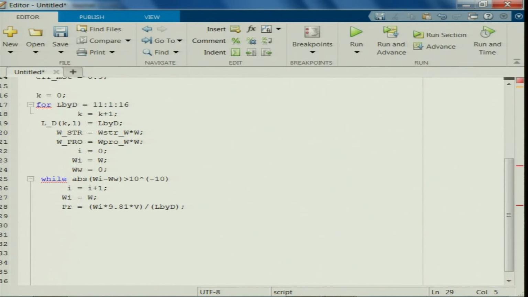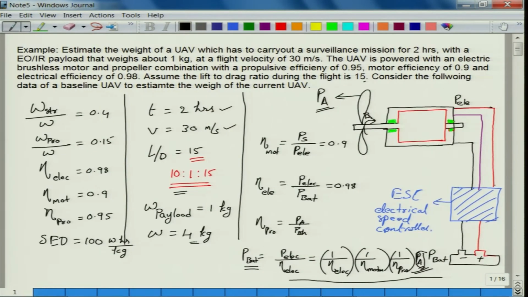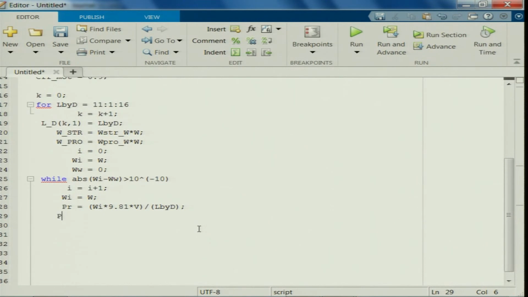So, can I calculate what is the battery weight? Am I correct? Or power required at the battery? So, power required at the battery is 1 upon electrical efficiency, 1 upon motor efficiency, 1 upon propulsion efficiency times this power required here. So, let us say P underscore bat, capital P underscore bat, the power that needs to be delivered at the battery is equals to, okay. So, what is this? This is equals to power required times 1 upon,